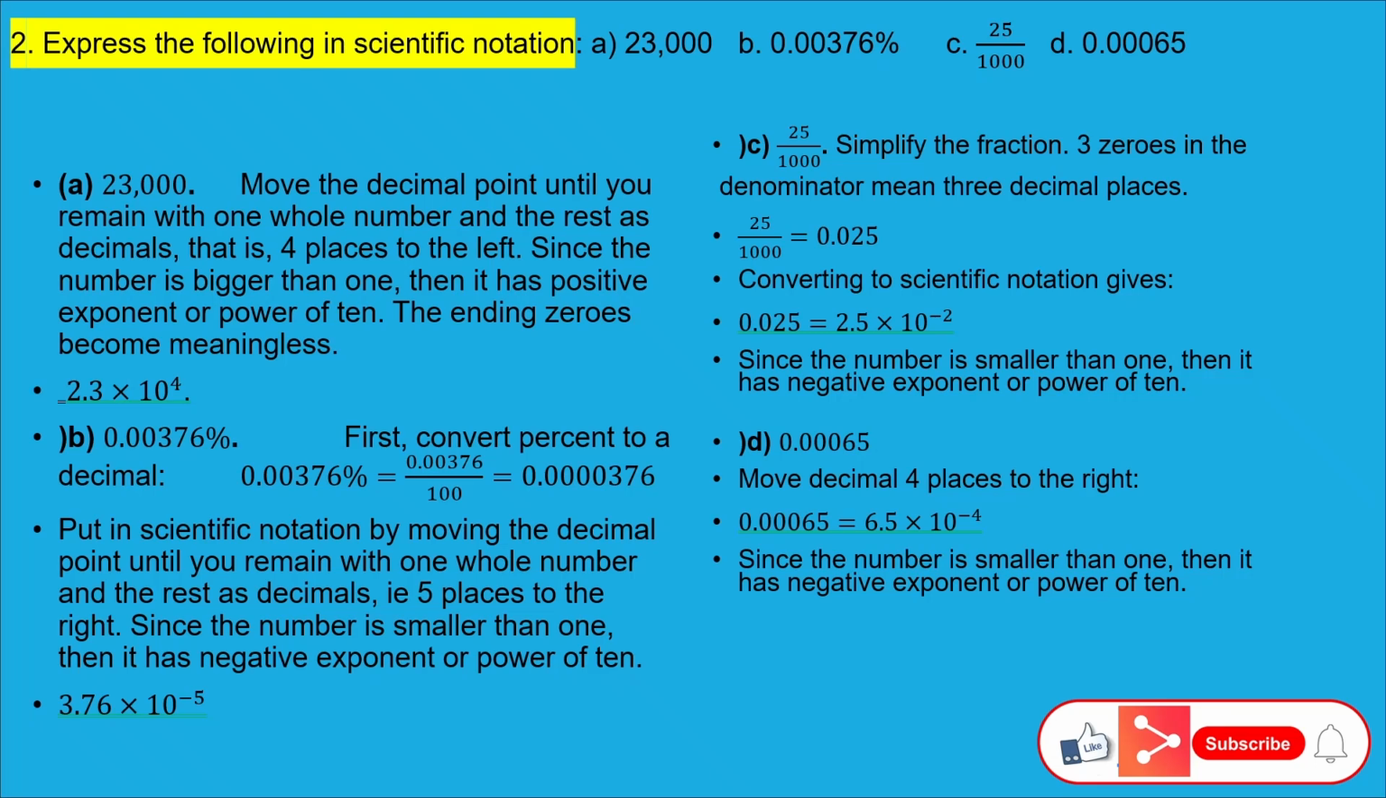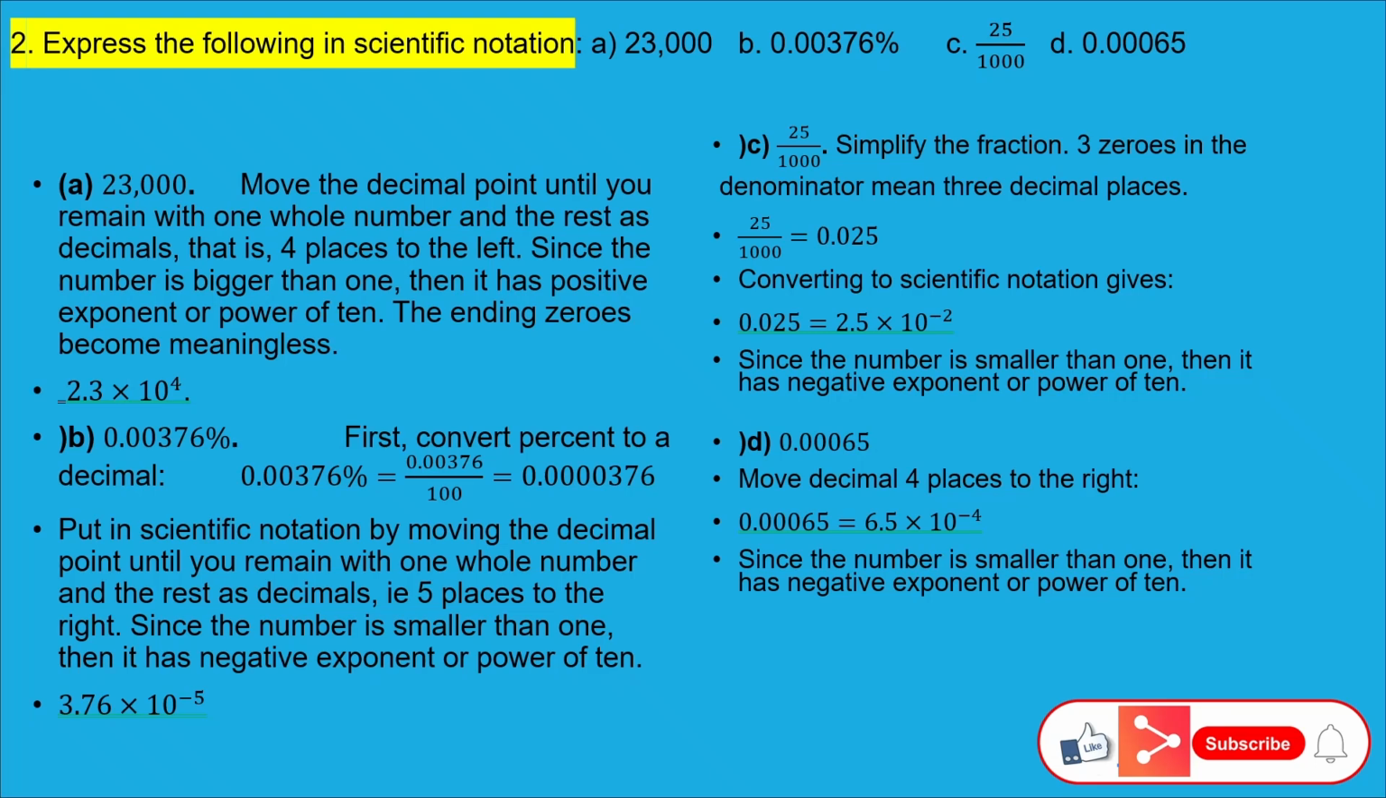Part C, 25 divided by 1000. First express it as a decimal as 0.025 because you're dividing by 1000, which moves the decimal 3 places. Convert to the scientific form by moving the decimal place, and you remain with 2.5 times 10 to the power